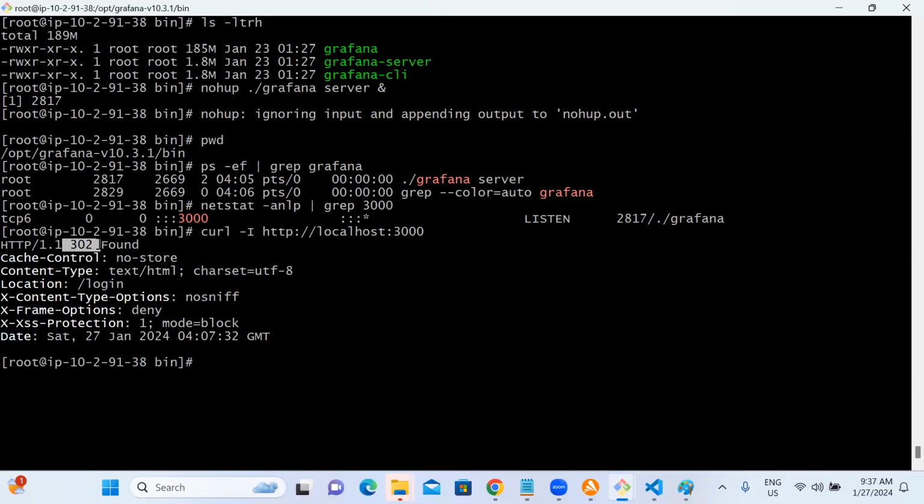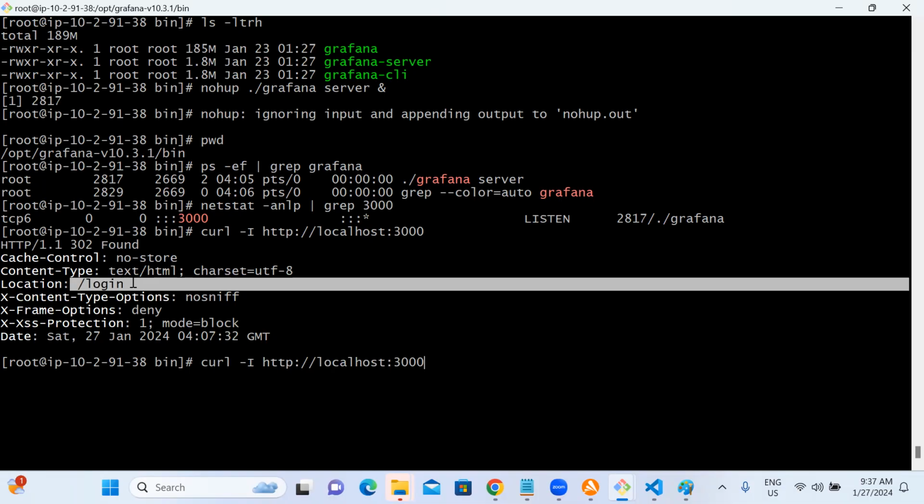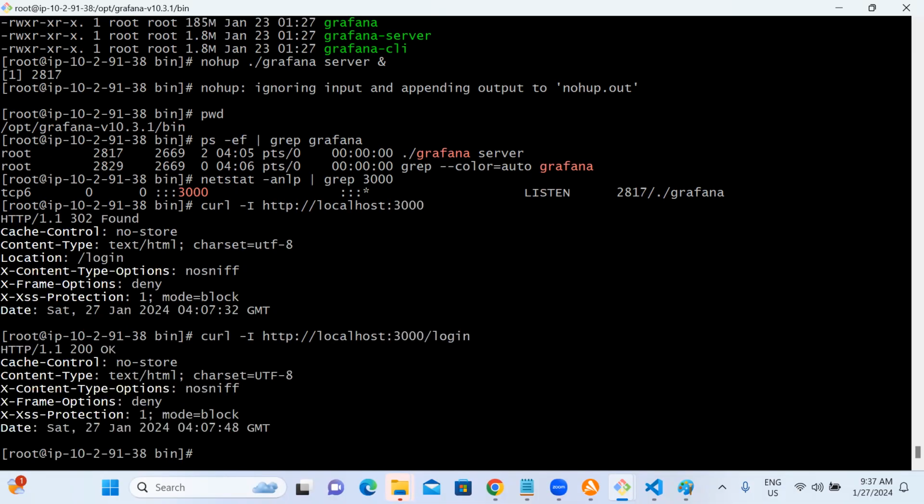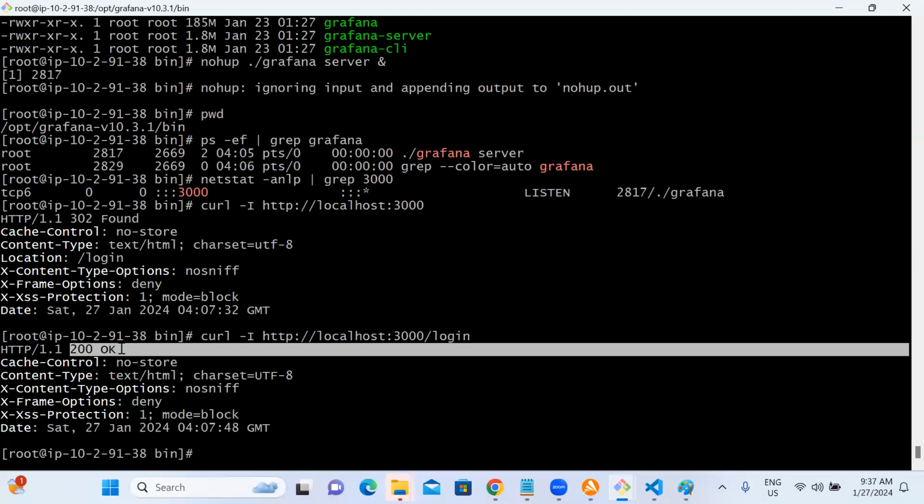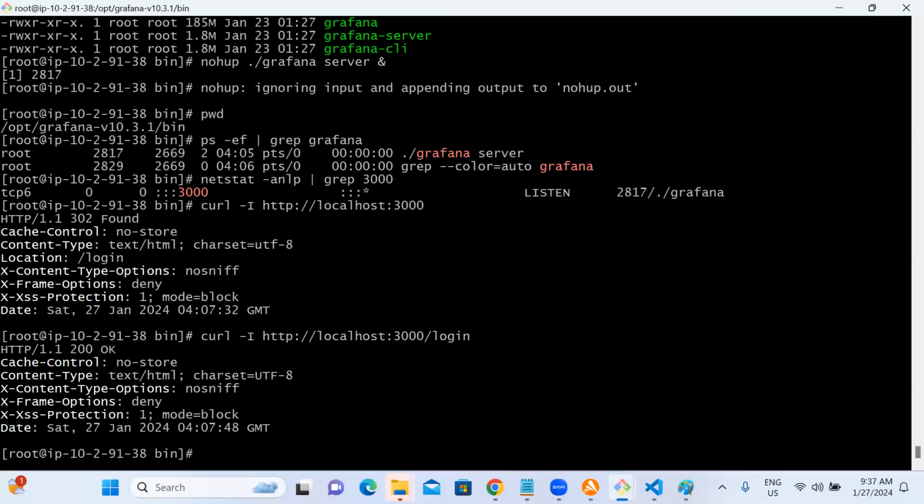Good means there is no error and something is working, but it's saying it is redirecting you to the login page. Put /login. Yeah, you see, 200. 302 is a redirect to the login page.